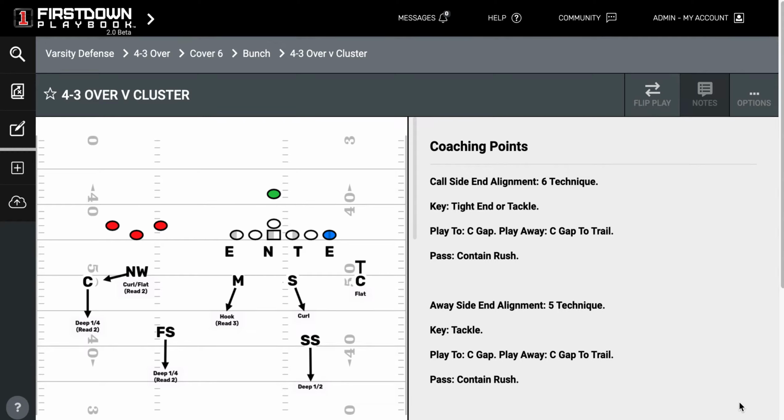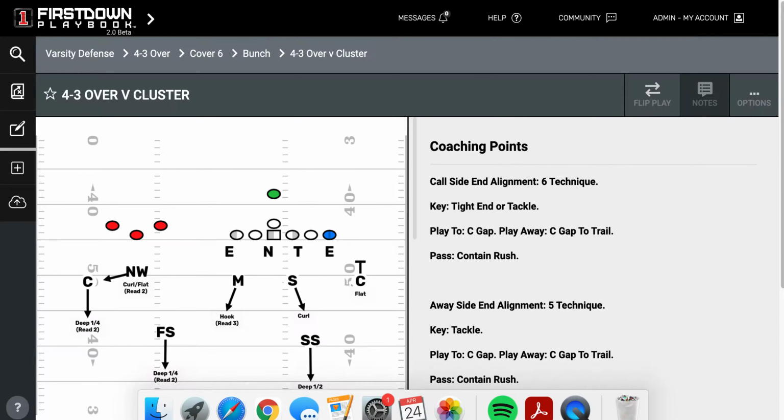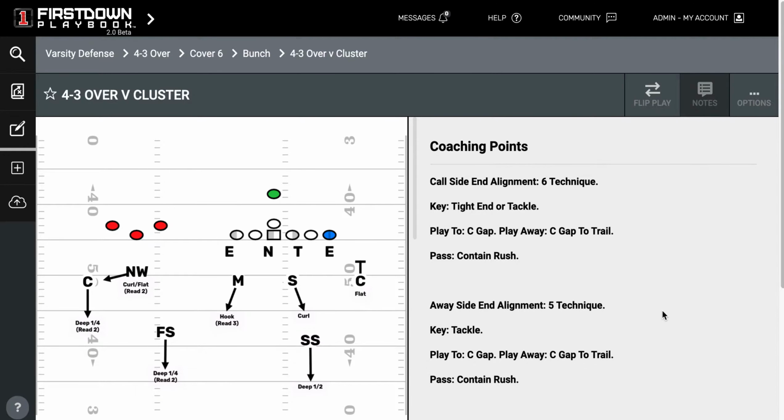Obviously, here at First Down Playbook, we value play drawings, playbooks, the wristband sheets, and everything we do. And that's why we provide you with over 35,000 plays, offense, defense, special teams, youth, flag, and whatnot. But we also value the coaching points and the player assignments. And we want to talk to you a little bit about how important that is for you as a position